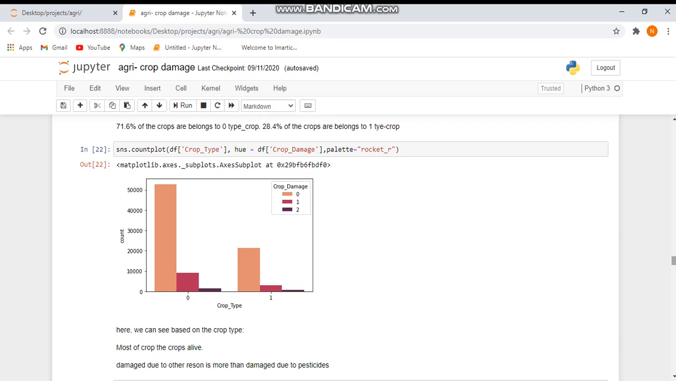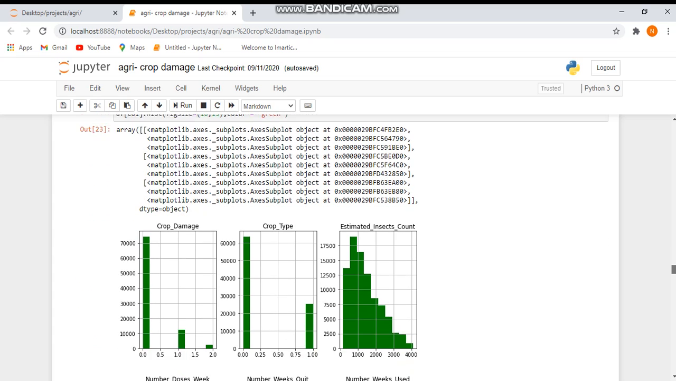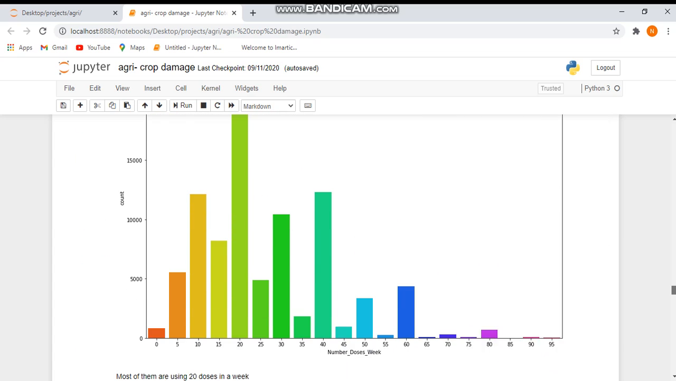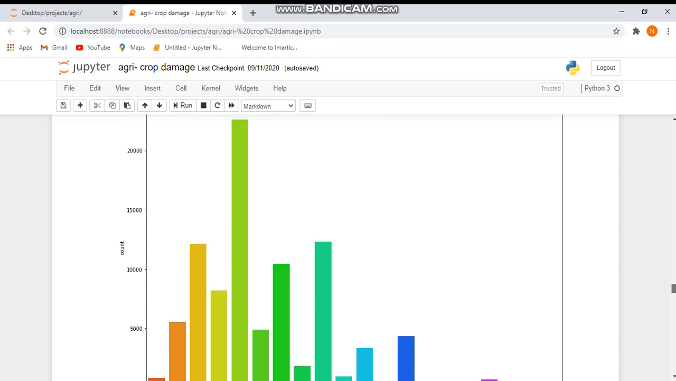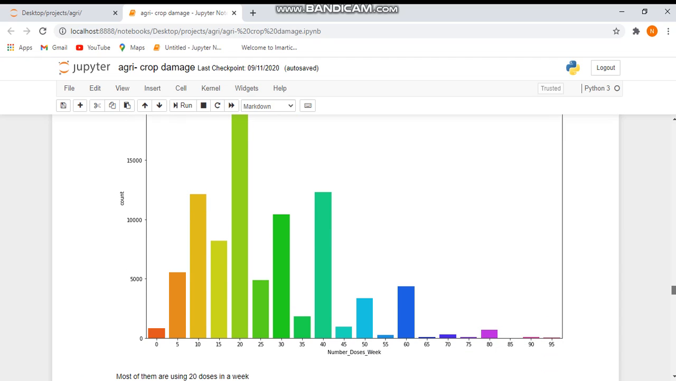This is the count plot, and here I saw that crop damage is 0 and crop type is 0, and more than 55,000 of the crops are alive. I will give the GitHub link in the description. You can check my code there, and I will give the dataset as well. This is the histplot I drew. Here we can see the number of weeks used: nearly 25,000 farmers are using more than 20